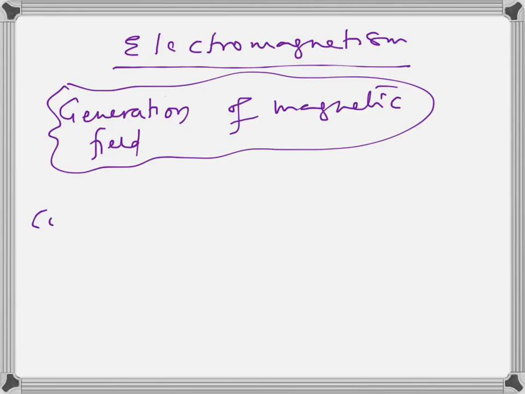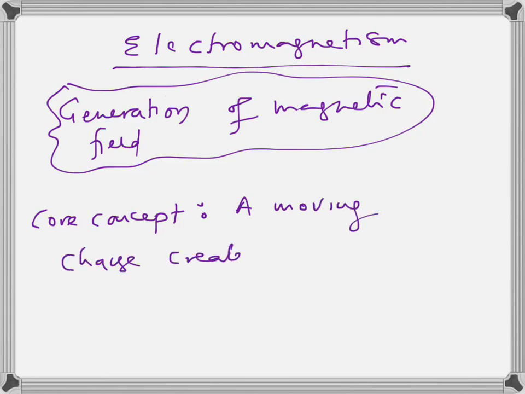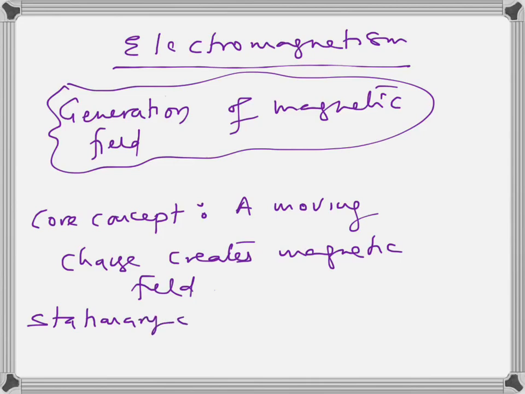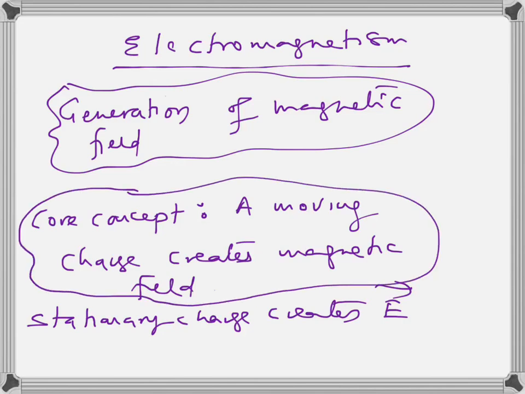So the core concept in this topic is as follows. A moving charge creates magnetic field. We know stationary charge creates electric field. Moving charge, of course, creates electric field, and it also creates magnetic field. But this charge should be moving with a constant velocity. Suppose if it starts accelerating, then it goes into a much deeper concept where you get what is called